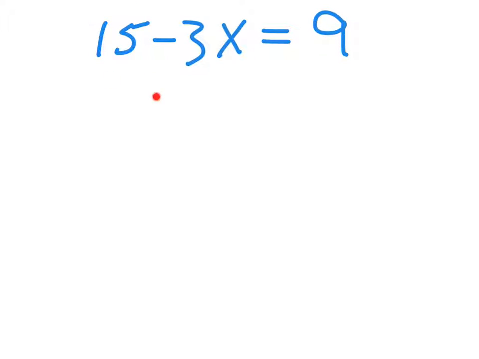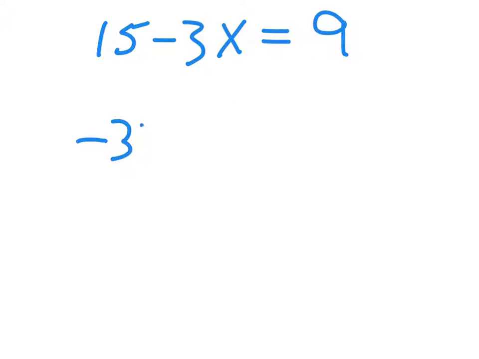This says 15 minus 3x. Minus means we're going to subtract. I have said subtraction is not commutative. You can do 3 plus 5 is the same as 5 plus 3, but 3 minus 5 is not the same as 5 minus 3. And yet,